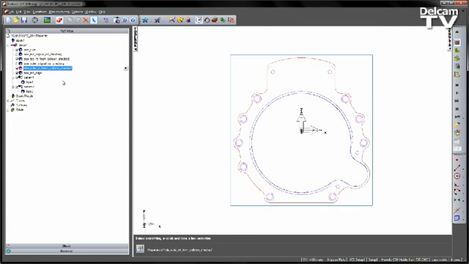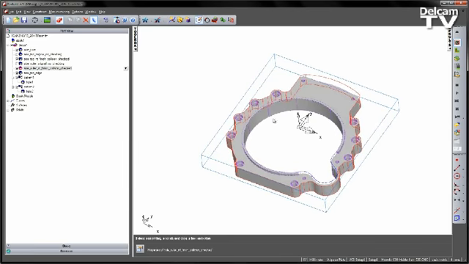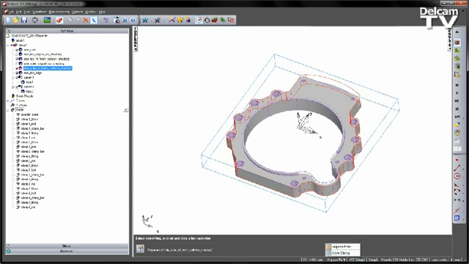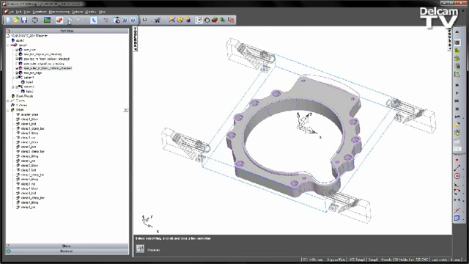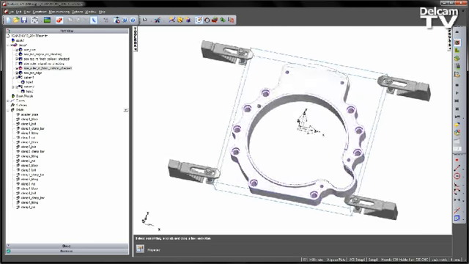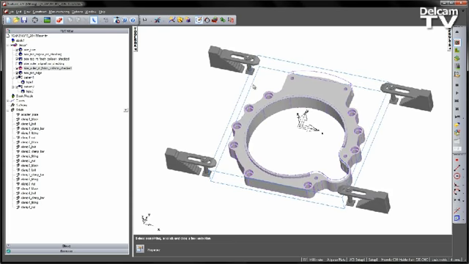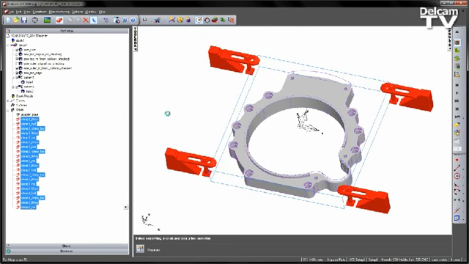Now, as well as this, we also have the option for collision checking. In this particular instance, you can see at the moment we can't see the clamps and fixtures. That's simply because they're being hidden on a different level. So let's turn those on. So here we can see some fixturing holding the block of material down. If I choose to make these my clamps for simulation,